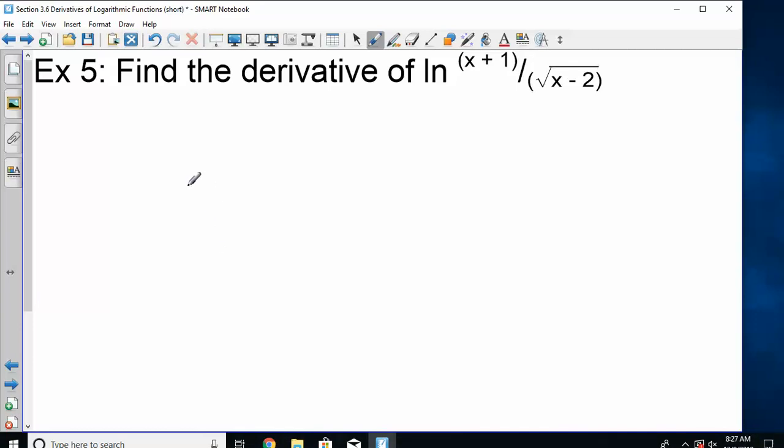Okay. So, derivative of the log is 1 over the argument. I'm going to write this as a 1/2 power. Just help us out. Times,